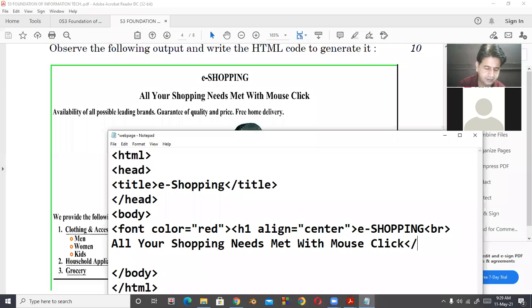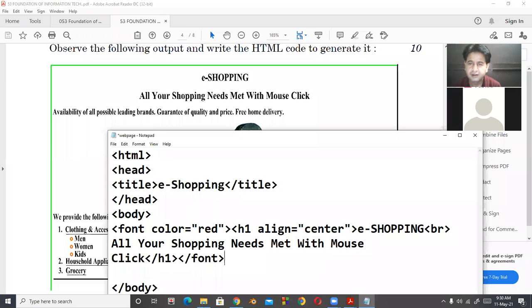I will close H1. Then I will close font tag. So remember one thing, no need to use BR because in H1 line is automatically changed.